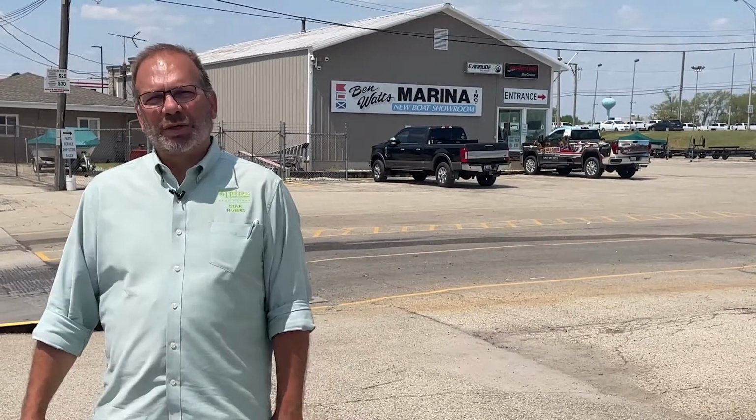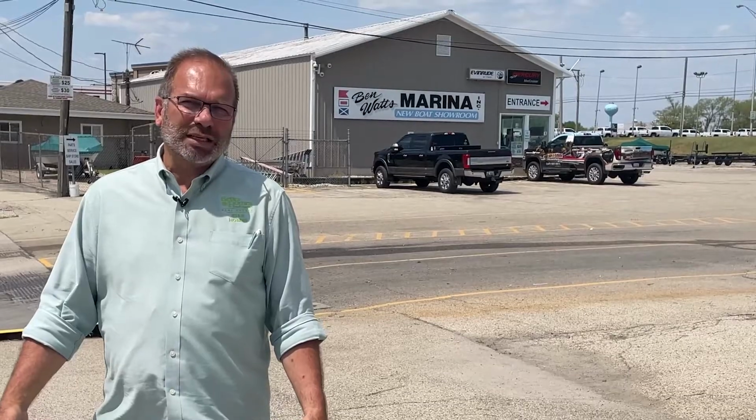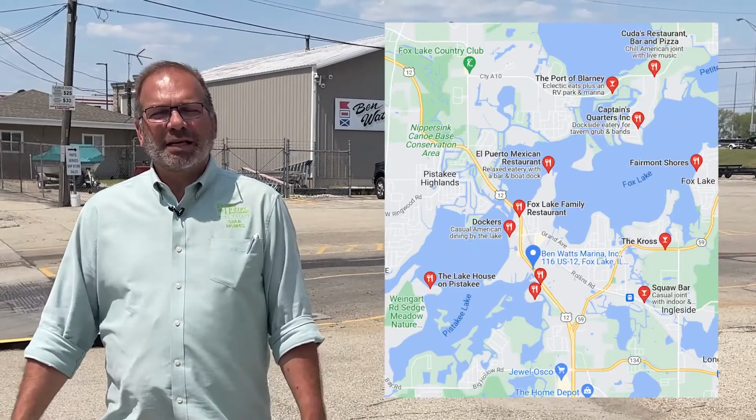So if you want to park and play, anchor your boat and get out and do some swimming, just have a good time. There's some hidden coves where you can go into some of the bays and do some water skiing. There's restaurants. You can go to Famous Freddy's, you can go to Moretti's, you can go right around the